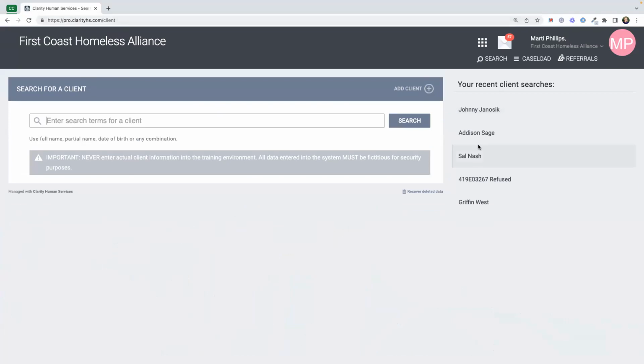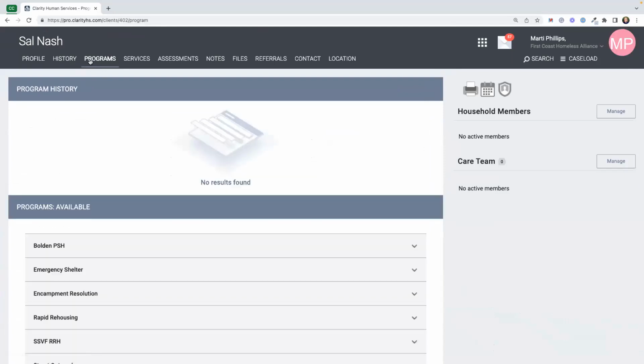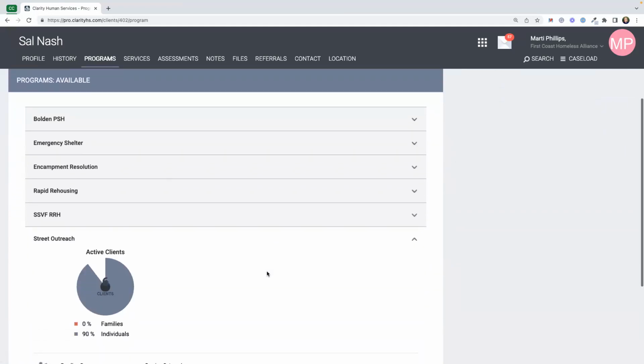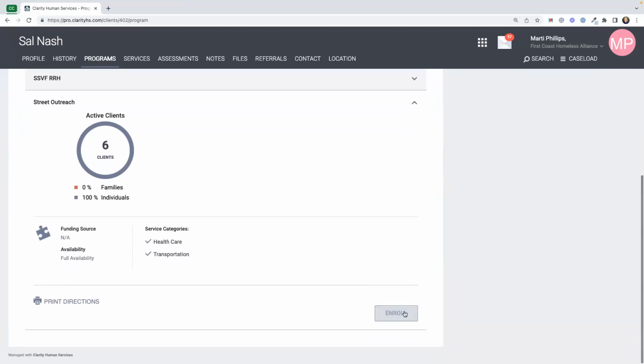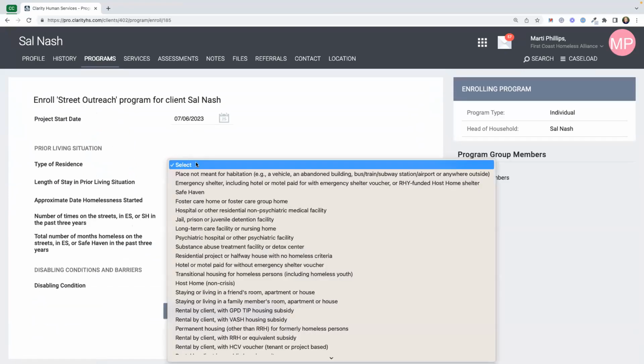And I want to show you some workflows of how we can add clients to a map and some recommended ways. I'm going to be working with Sal Nash, and let's say Sal is a brand new outreach client. He's been recently identified in the community. The first thing that I'm going to do is enroll Sal into my outreach program. So I would go ahead and select enroll, and I have got the minimum